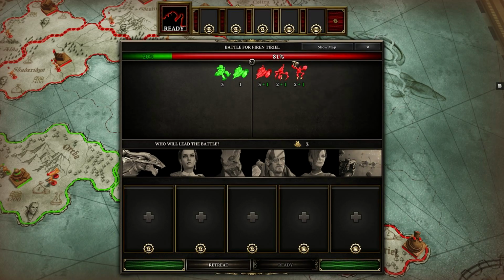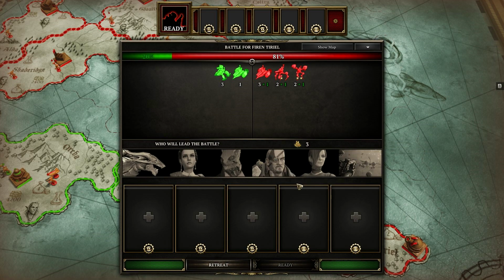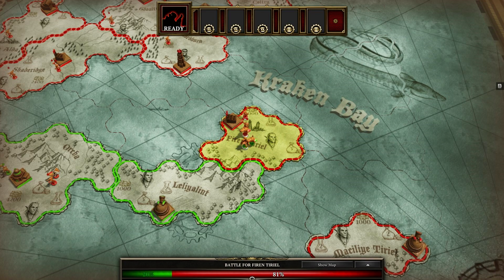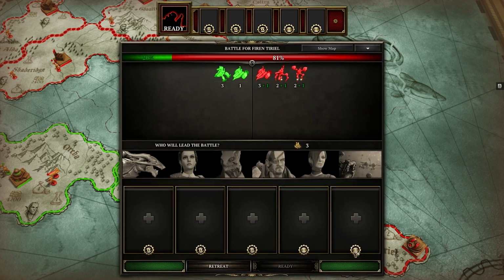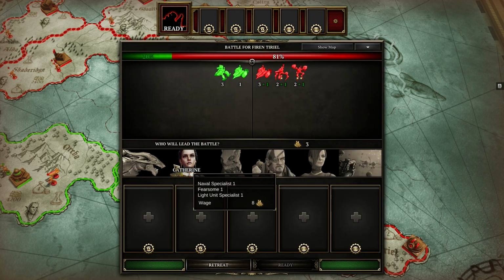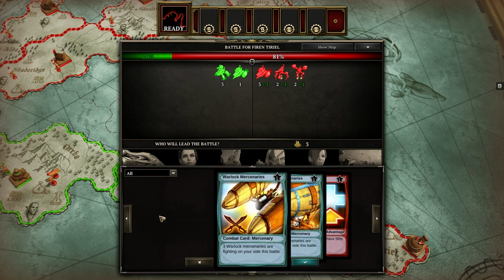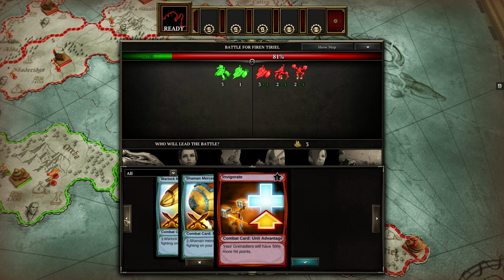Now, we have 81% chance to lose, which isn't great odds. I want to see if we can switch to a different map. Show map, maybe? Yeah, I think we have to pick. So let's pick one where we're not going to get completely devastated. Again, we can pick play cards here to up our chances. Let's say if I want to...